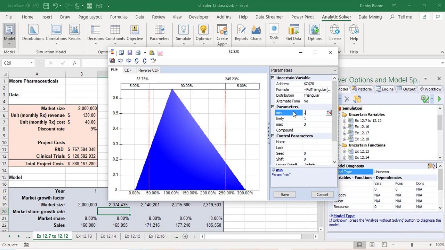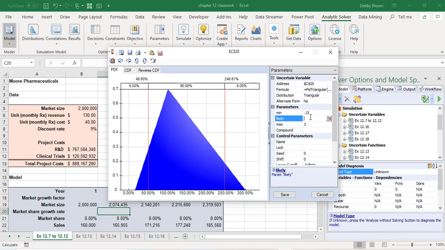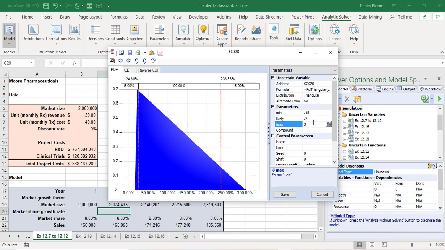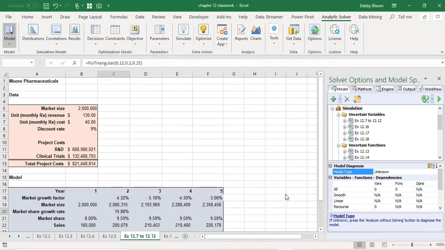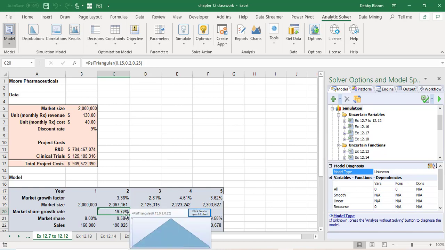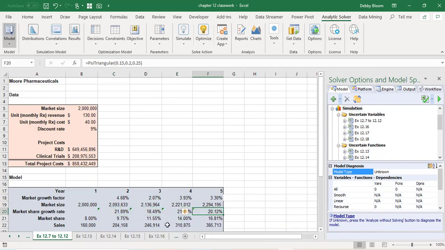Minimum 0.15, likely, backspace 0.2, max on the right hand side, backspace 0.25, click away to draw the distribution, click save to save the distribution, and now making sure that you're on cell C20, grab that fill handle and copy it out to cell F20 and make sure that each one has